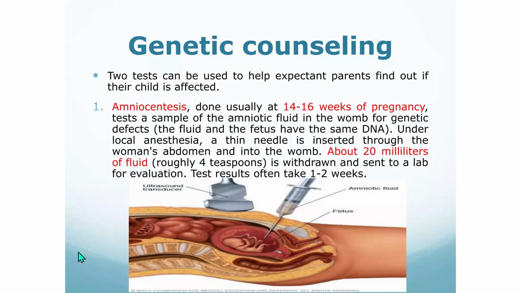Under local anesthesia, a thin needle is inserted through the woman's abdomen and into the womb. Then about 20 milliliters of the fluid can be withdrawn and sent to the lab for evaluation. Test results often take 1 to 2 weeks. And from there, you can check whether the child has a chance of coming off with